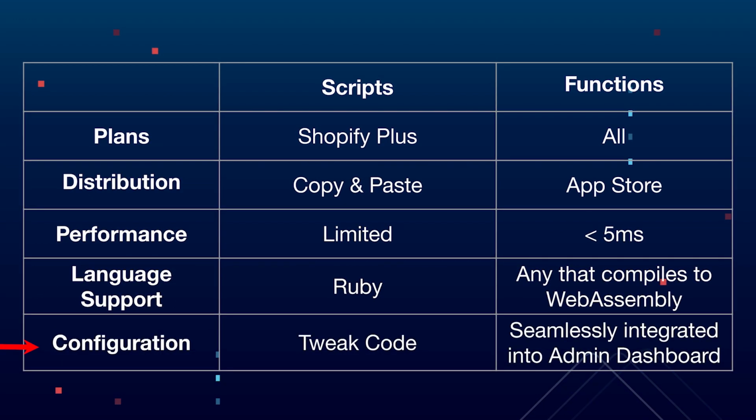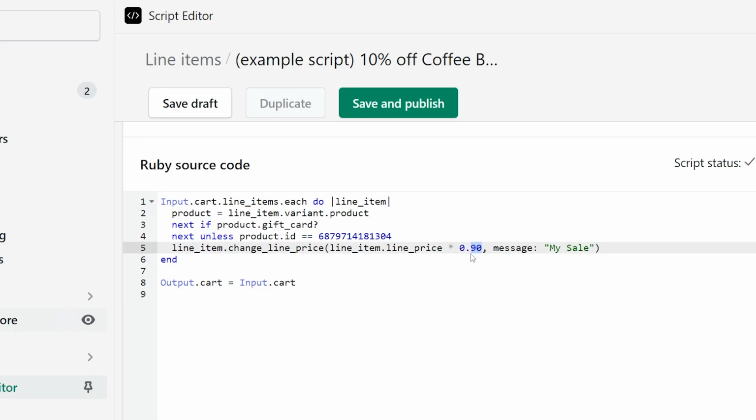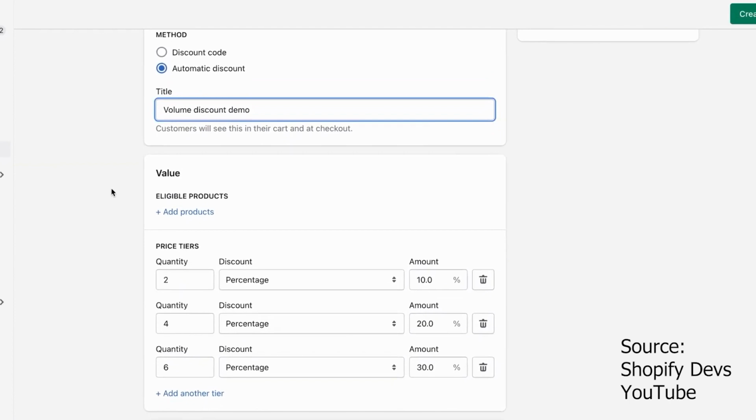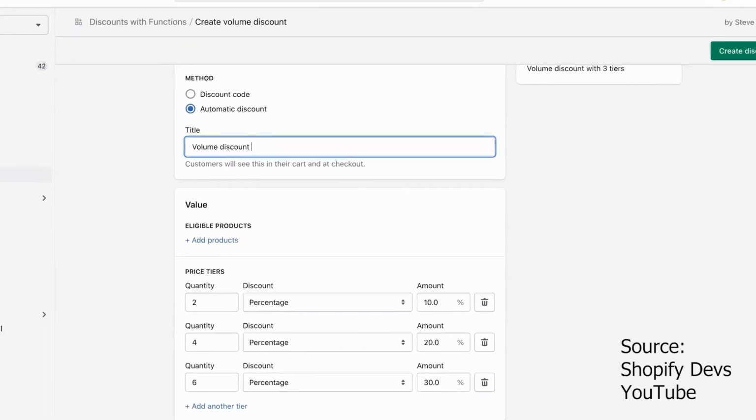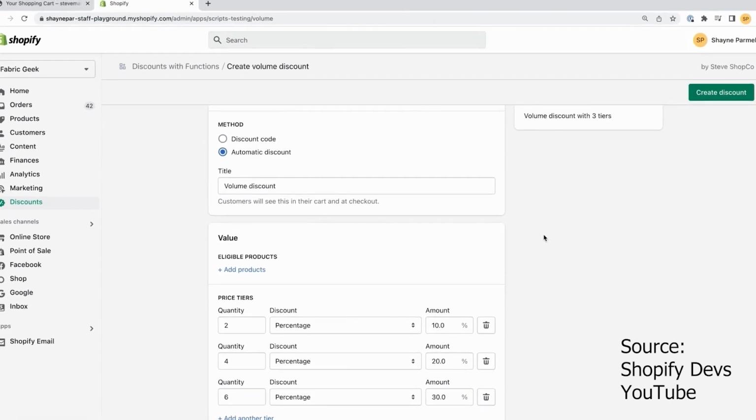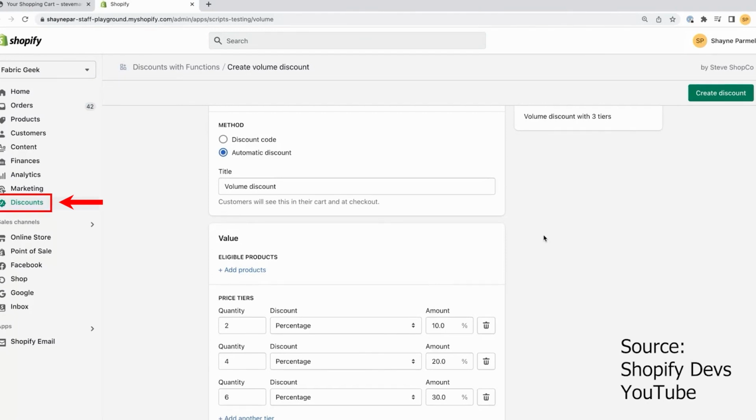And here we have another important one. So with Shopify scripts, whenever you wanted to make a change, you literally had to go in and tweak the code and also hope no one touches your code and accidentally breaks something. Whereas functions seamlessly integrate into the admin dashboard. So if we're talking discounts, you will be able to manage and configure them right at the discounts without ever